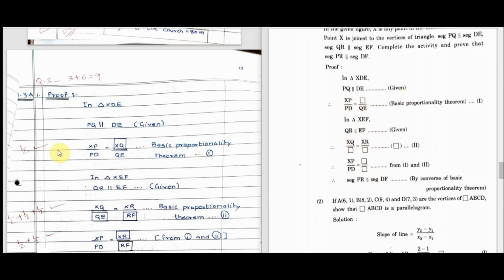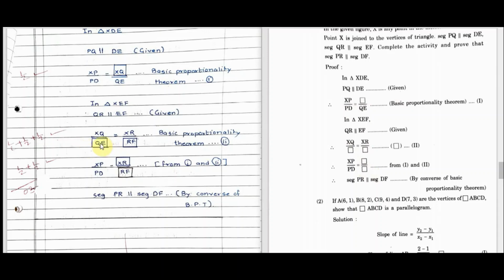See half mark for first fill. Here first, second, third, and this reason, is a fill in the blank, half mark. So it is half plus half plus half. Okay, if you have not written this part, you will lose this half mark. Okay, now for these 2 boxes again half plus half, half plus half. Total says here 1 2 3 4 5 6 means 3. Okay, so 1 activity completed.